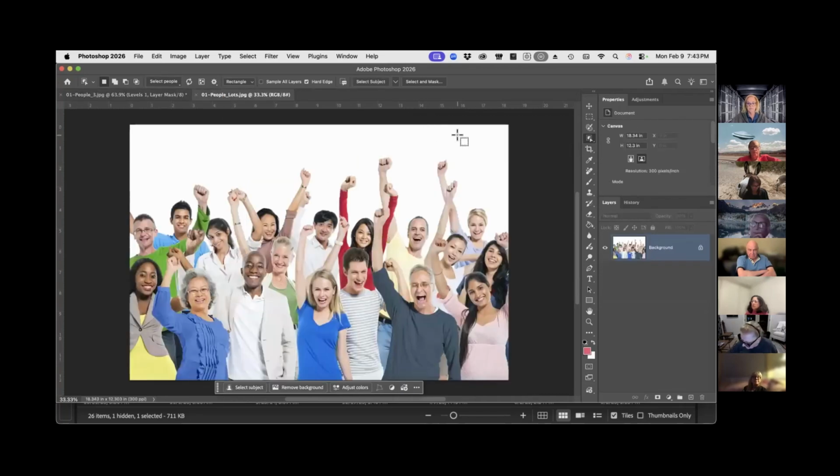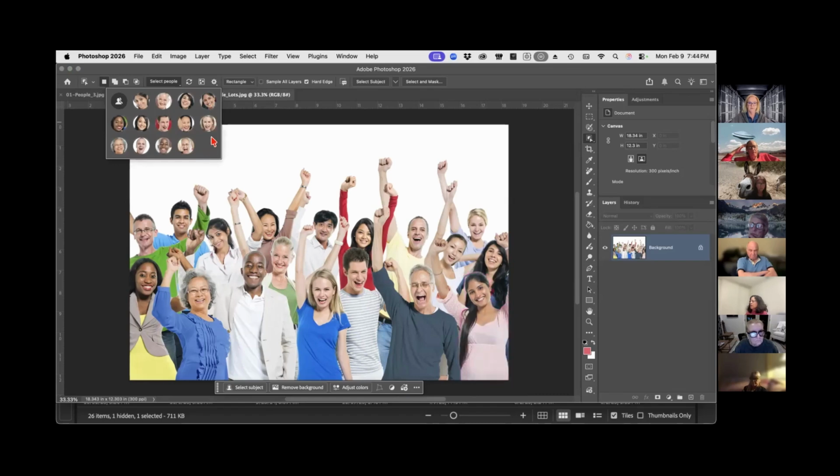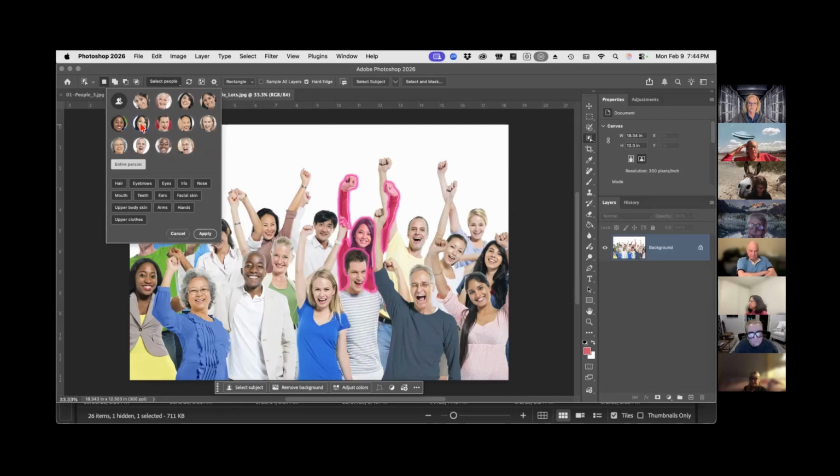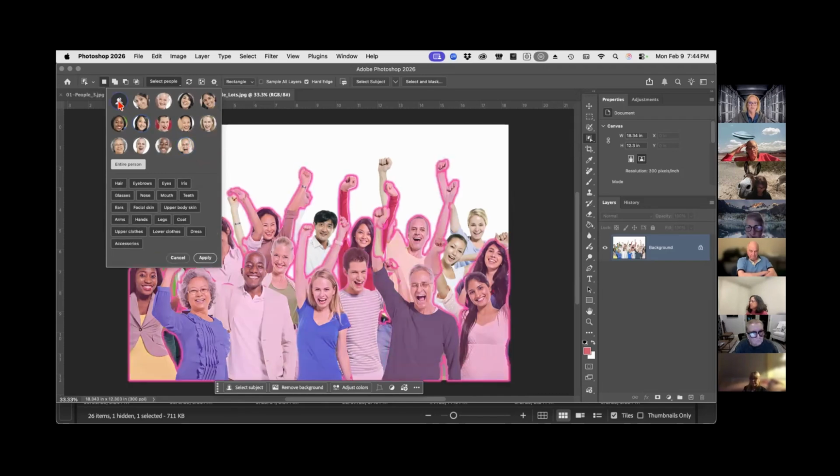Now, in this image, I find that the more people you add to your photograph or to your image, the harder it is for AI to find things. So I'm going to go ahead and say select people, and it's going to detect people. Now it's showing me 3 plus 10. And what's kind of cool is you can select different people, and it will make a little selection around them, which is if you need to just pick on one person or another person. Now I've got 2 people selected. But if I select all the people,